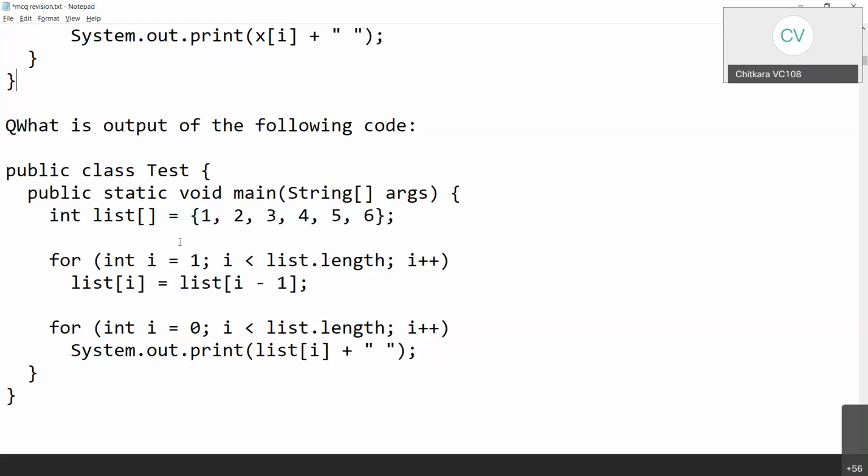Kindly see, they are confusing you with these two statements. i is 1, so you are making the changes from the first position onwards. Okay, you are not touching this element. You are basically making it from the first index value, which is this one. And then you are saying this value has to be replaced with list[i - 1]. i is 1, 1 minus 1 is 0. So this particular element is replaced with this. Now the first two elements are 1. Now when we come over here, this is replaced by the previous one, which is again 1. Now when we come over here, it is replaced by the previous one, which is again 1. So you will get the answer as 1 1 1 1 1. I hope you are understanding it.